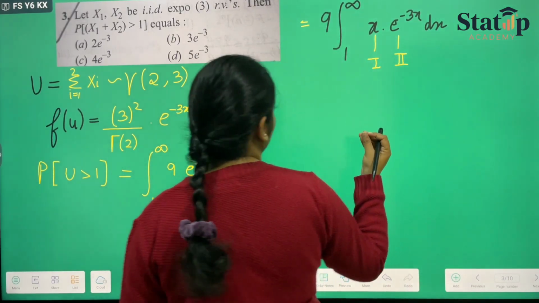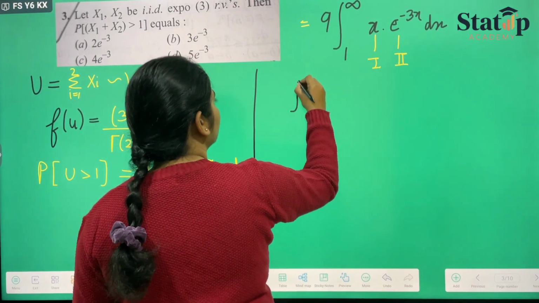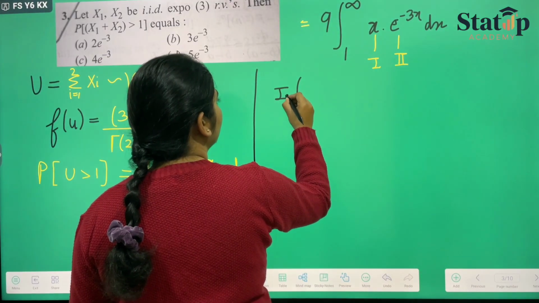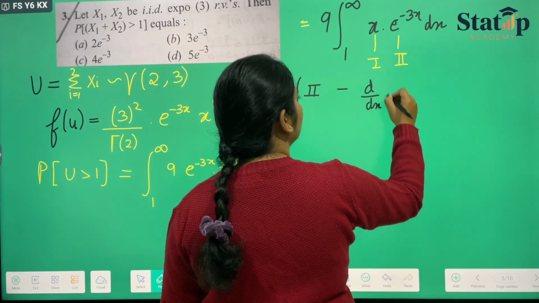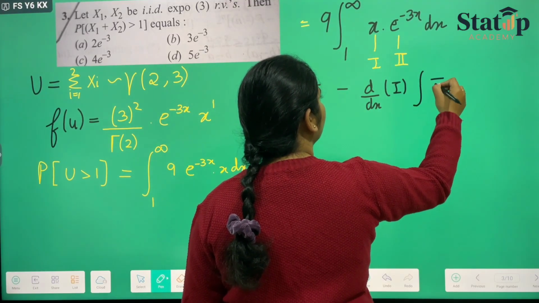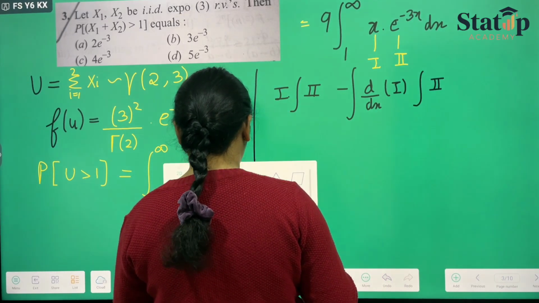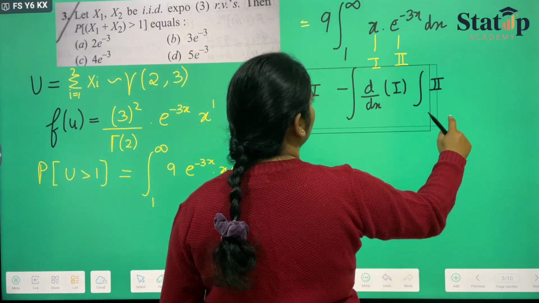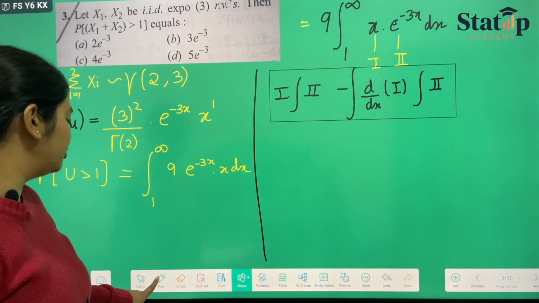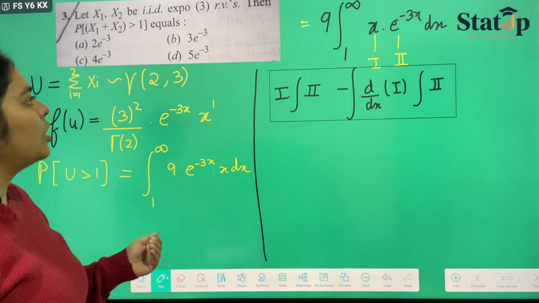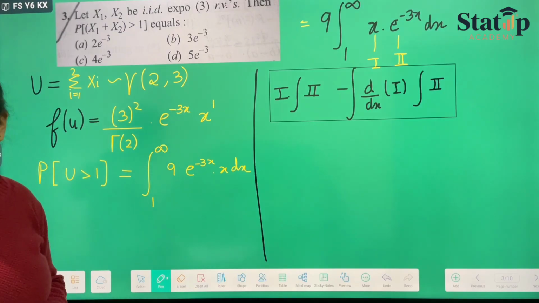And again, by using the two function integration formula, which is integration of 1 into integration of second minus d by dx of 1 into integration of second, with the whole integration. This again forms our two function integration. Now solving it with this, we'll be getting our answer something like